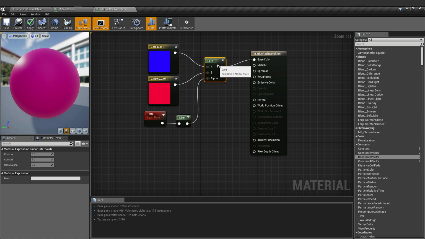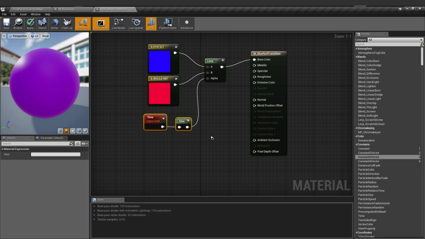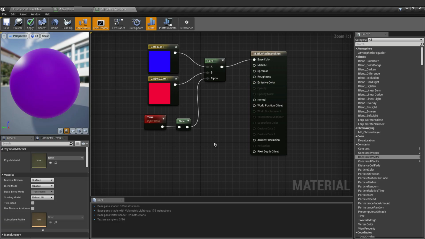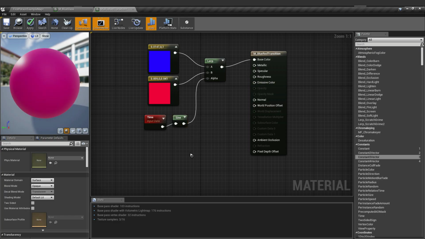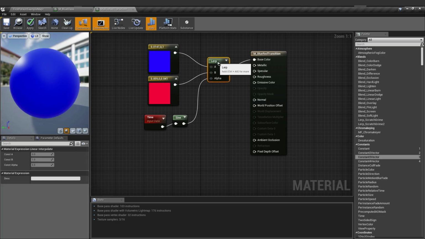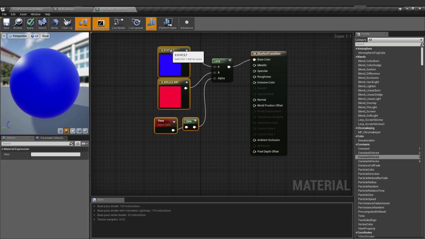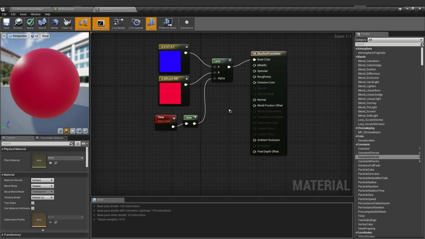The speed of the transition depends on what material you are creating. So that's how we create a transitioning color in a material.